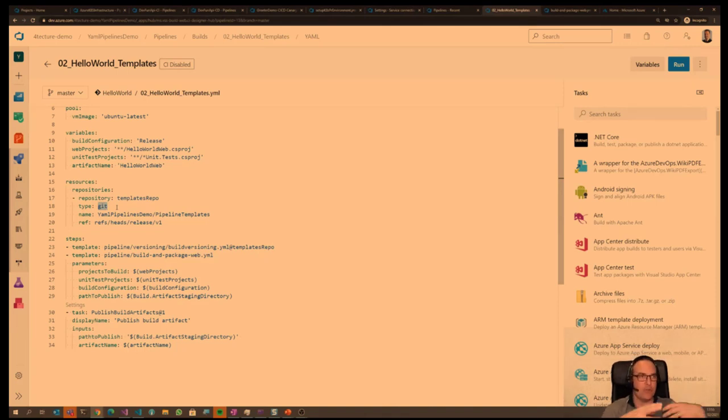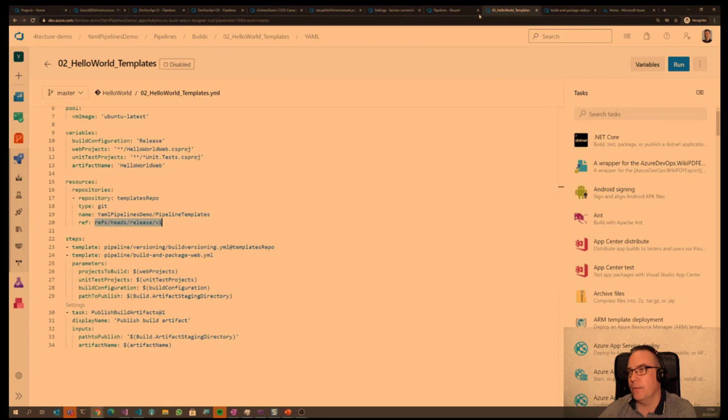So instead of just using one Git repository, I'm using an additional one. This is the Git repository name I'm using. This is the reference, the path to the Azure DevOps repo. So there is a Git repository inside the same Azure DevOps project,